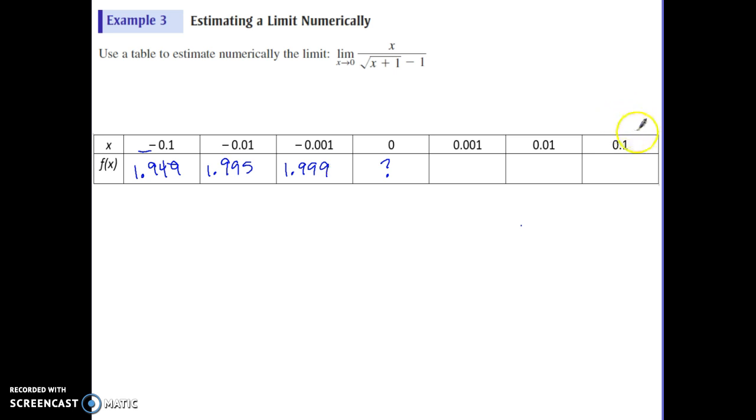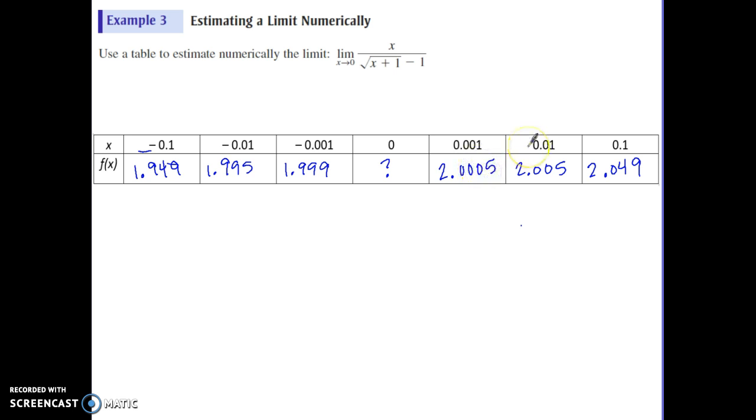So if I look at x values that are bigger than 0, so coming from the right, I'm going to plug in 0.1. Plugging in 0.1 for x into my function, I get 2.049. If I plug in 0.01, so that's even closer to an x value of 0, I'm getting 2.005. And then plugging in an x value of 0.001, again, that's even closer to an x value of 0, I'm getting a y value of